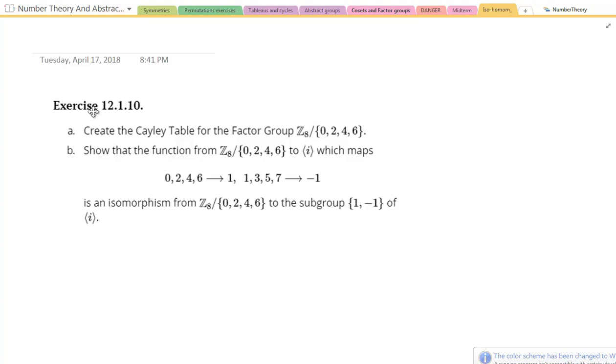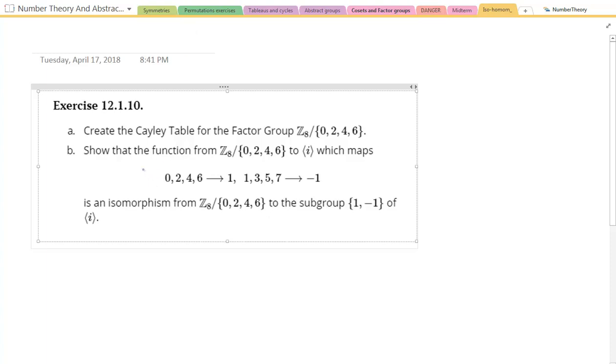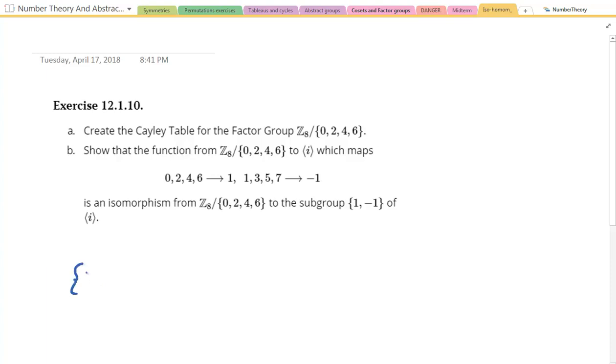Okay, let me say a little bit about exercise 12.1.10. Here it says to create the Cayley table for the factor group Z8 mod {0, 2, 4, 6}. Okay, so let me just write this: {0, 2, 4, 6}. Let me write that as H. Okay, now H is a subgroup